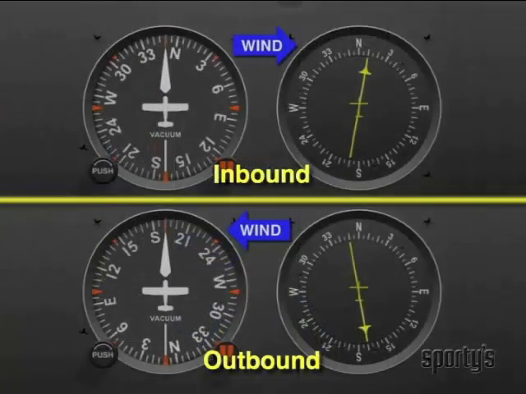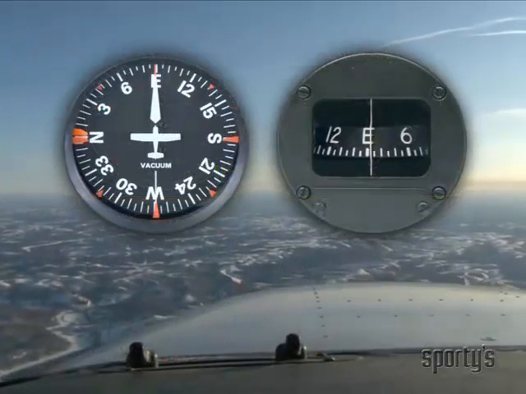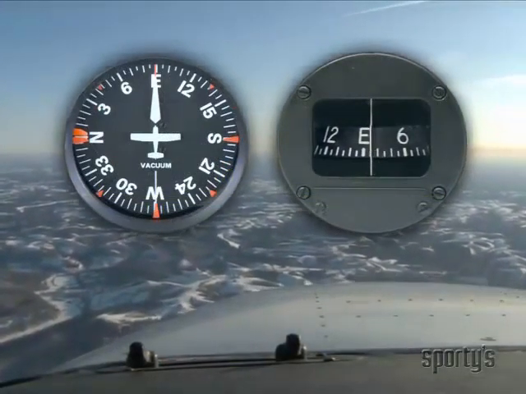Tracking outbound, both the ADF needle and the heading are to the right if the wind is from that direction. Inbound, the heading was to the left and the needle was to the right. Inbound, opposite sides. Outbound, the same side. Either way, to the station or from, the track that you make good will only be as accurate as your